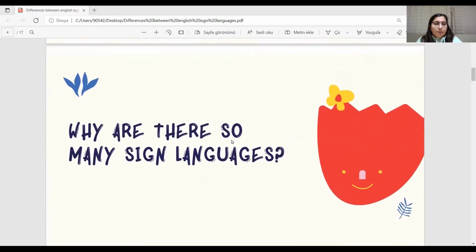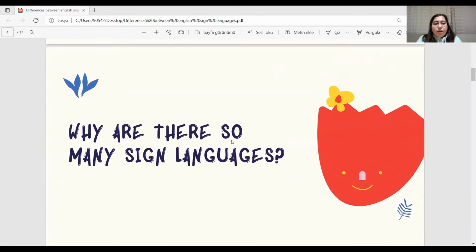And then we look at the question: why are there so many sign languages around the world? Sign language, like spoken word, takes many different forms. There are more than 300 different sign languages in use around the world today. As I said before, they vary from nation to nation. Even in countries where the same sign language is used, it can have many different regional accents that bring subtle variation to people's use and understanding of signs. While there are similarities between some of the most common sign languages, there are also many differences.